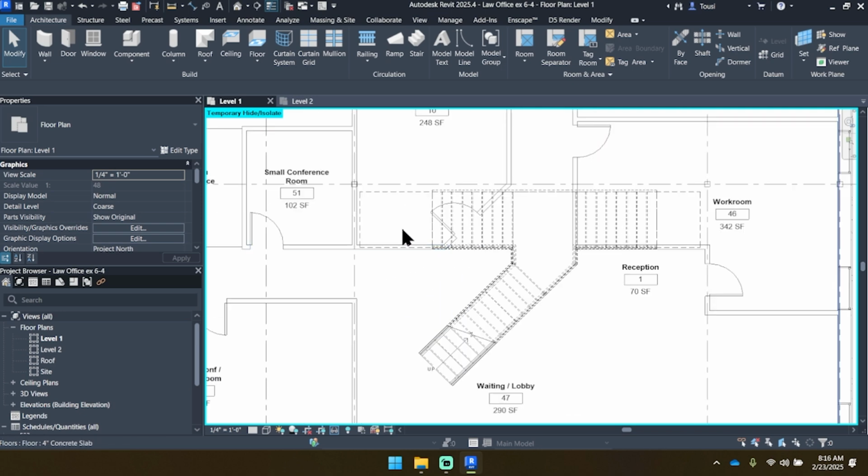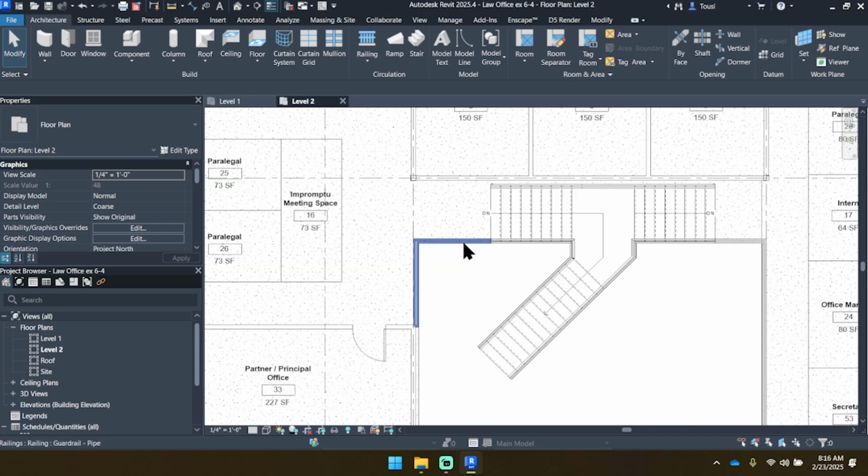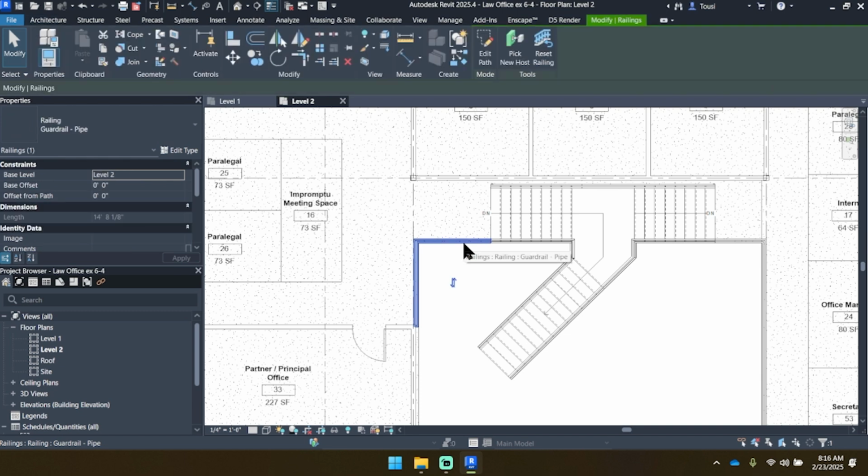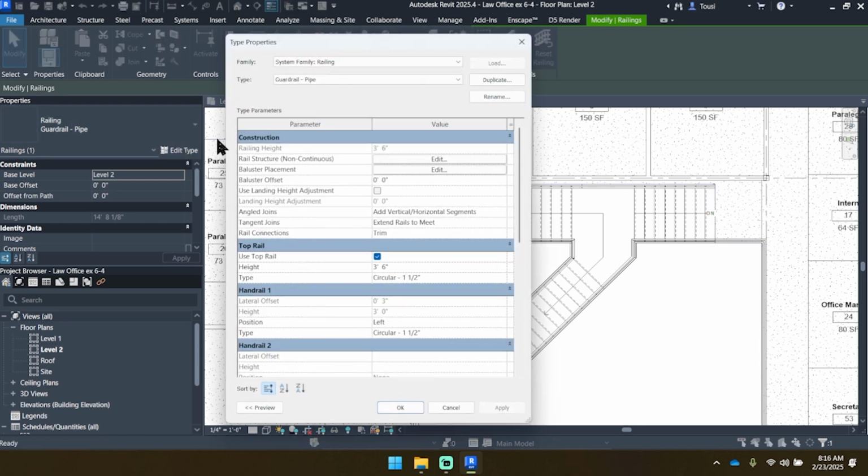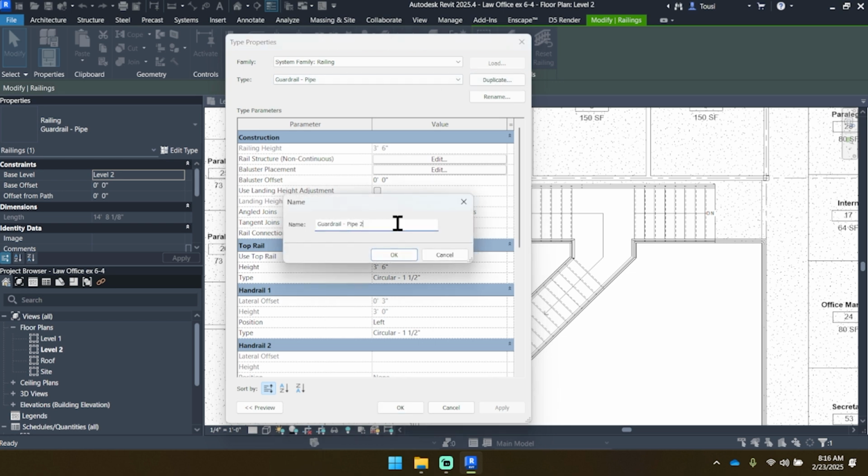So let's make that modification to the railing on the second floor. These railings that we drew are where we're going to be adding that profile on the bottom of them so that we can get the condition that we see on page 8-49, figure 8-3.15. And following the steps on page 8-48 at the top, we're going to edit this guardrail pipe and we're going to duplicate it because we're going to make a new railing called guardrail pipe with stringer, because not all of our railing conditions with guardrail pipe will we want this to occur. For example, the stairs, those already have a stringer. So with this new type